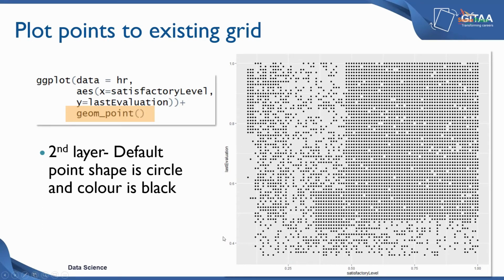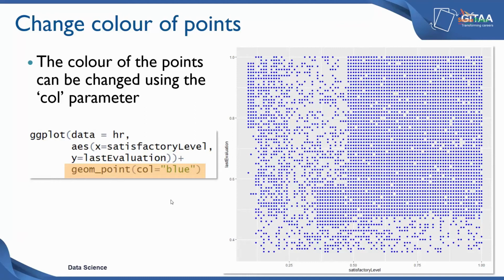So you can see all the points are mapped as circles and in the color black. Now let's see how to change this color of the data points from black to blue. To change the color of the points, you can use the parameter col, and under col you just need to mention the color. Now I've given the color as blue,